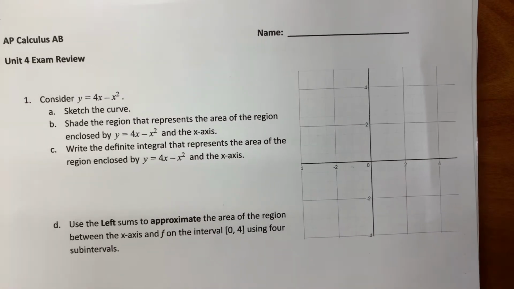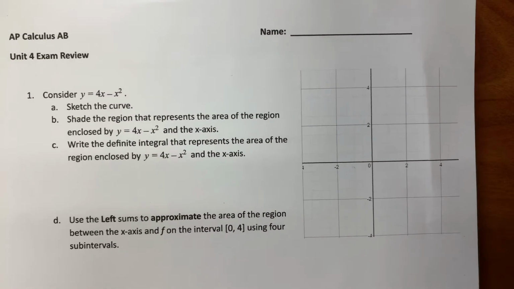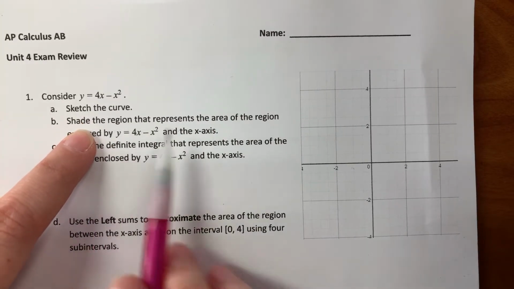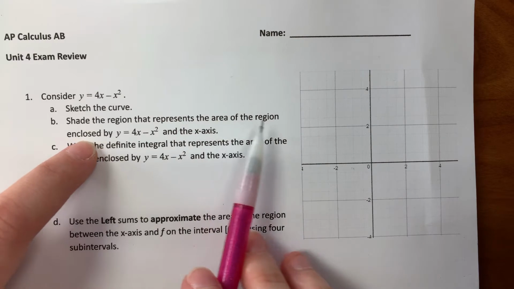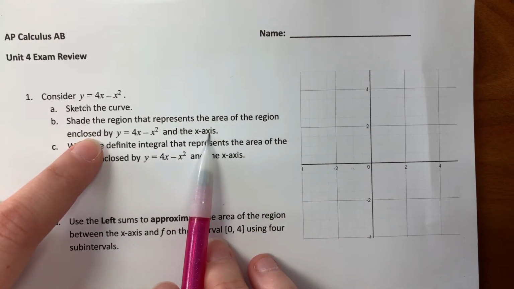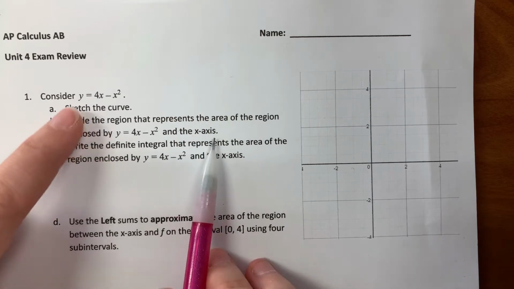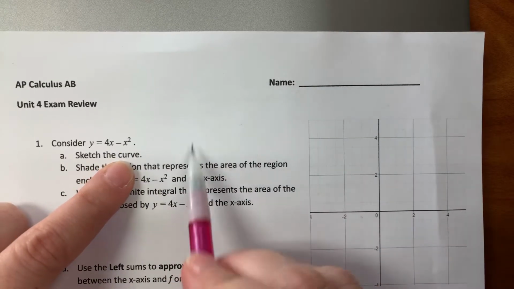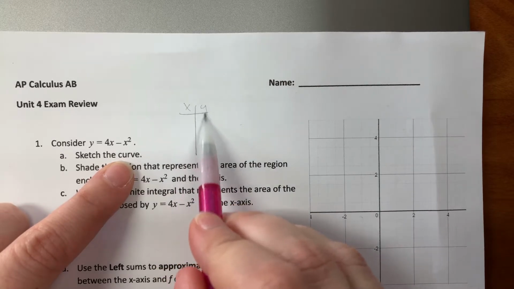Okay, so number 1 on this Unit 4 exam review asked me to sketch the curve and then shade the region that represents the area of the region enclosed by that function and the x-axis. So I'm going to do those two things first. First, let's sketch it. One thing that I do almost every time is just get a quick XY table kind